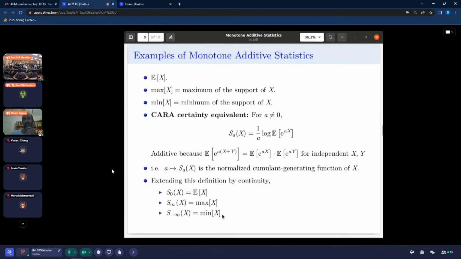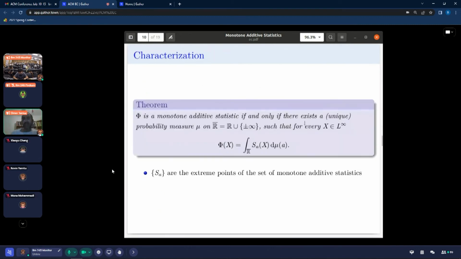If you take its limit as A goes to infinity, you get the maximum. If you take its limit as A goes to minus infinity, you get the minimum. So if you let this parameter range from minus infinity to infinity, the closed interval, this really has all these examples. The question is, what else is there? So here's the result. The result is there really isn't anything else. Well, you can take convex combinations of these things, and you can take weighted, infinitesimal